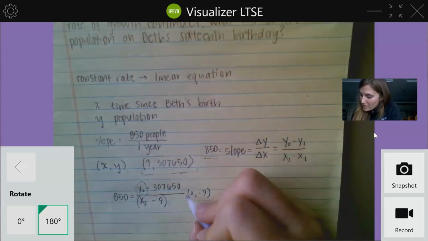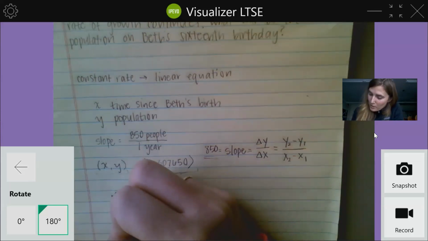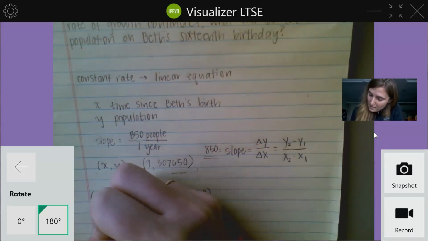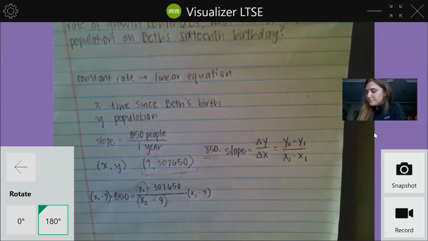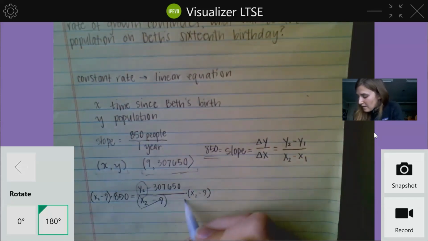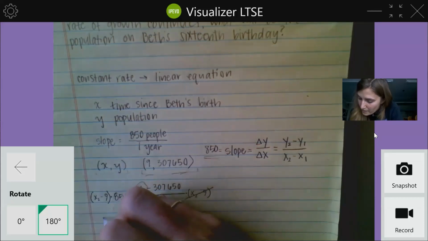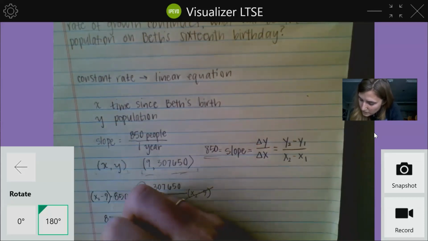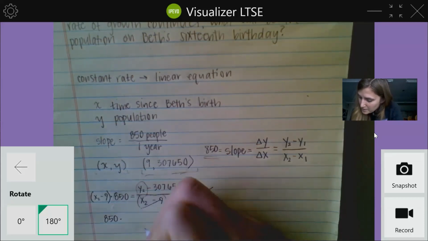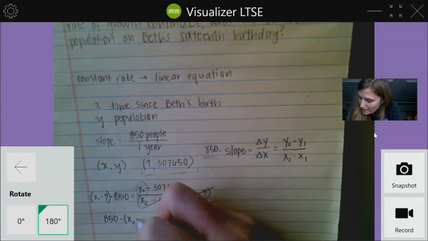And if I multiply this side by that, that means I also have to multiply this side by that. These guys will cancel out, and I'm left with 850 times x2 minus 9